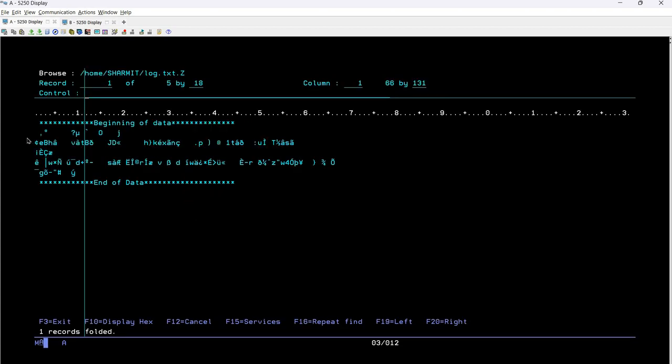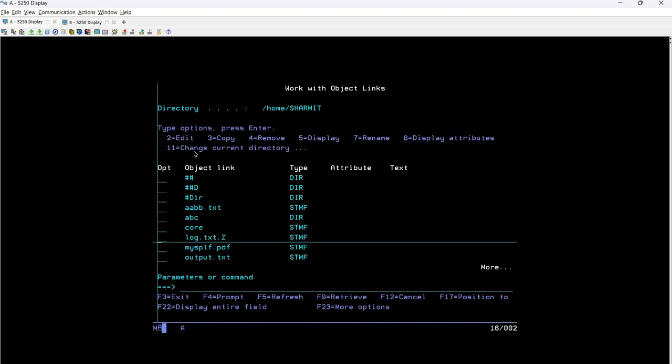If I take option 5, you will see that it is showing us garbage data, and this is because of the CCS ID. This data is also reduced, that's why we are getting this. I'll tell you the solution for this later in another session, but for now we are just focusing on how we can use the compress utility. Although it has affected our data, I'll tell you the solution as well. Okay, now the thing is, why is this .z added here?